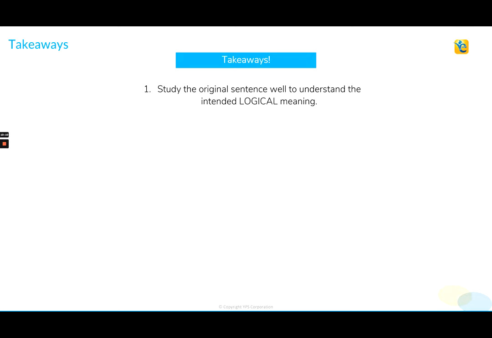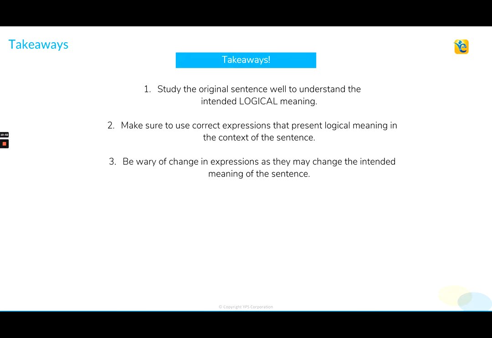So make sure that you first understand the logic of the sentence and then move on to the analysis of the question. Also, study the expressions used in the sentence very, very carefully, especially in the underlined portion of the sentence, because some expressions, we use them in our colloquial language without even knowing that they are actually incorrect. But GMAT does not have any tolerance for such kind of colloquial usages, right? So be 100% sure that the expression that is being used in the sentence does convey the meaning that fits in the context of the sentence.